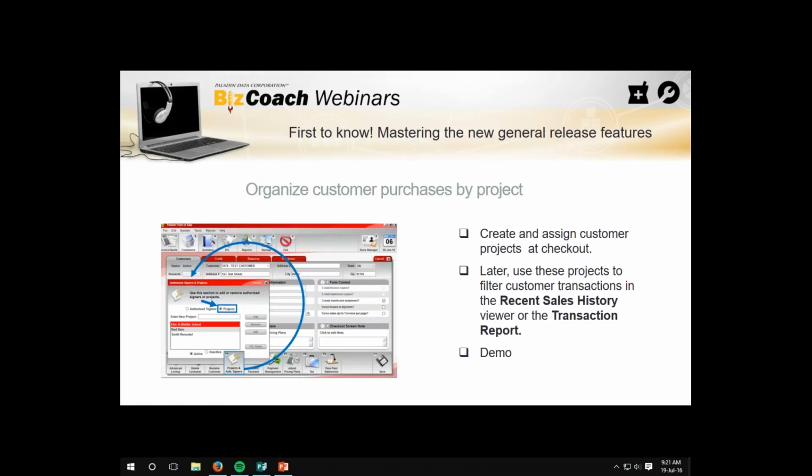All right, and then organizing customer purchases by project. This is the feature that can be used for both hardware and pharmacy. The reason being, projects can be set as jobs. For example, this project was for hardware, let's say the house on 5th Street, or a school project, or whatever you want to call them. You can then assign invoices. You can also look up transactions and all of the history,